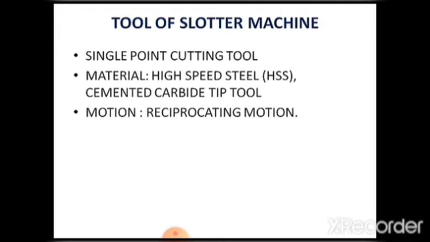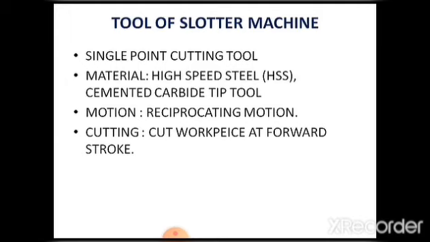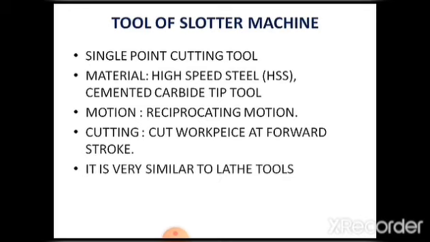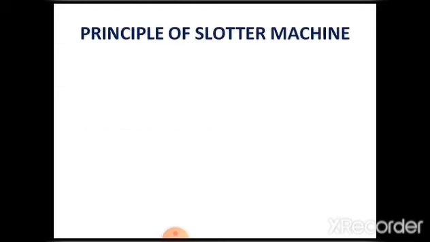यानी कि इसकी चाल जो होती है वो होती है रेसिप्रोकेटिंग मोशन। ठीक है, तो रेसिप्रोकेटिंग मोशन क्या मोशन होता है आपका? कि टूल अपने रास्ते पर आगे जाता है और उसी रास्ते पर वापस लौट कर आ जाता है, तो इसको हम बोलते हैं रेसिप्रोकेटिंग मोशन। तो इसमें जो कटिंग होती है वो फॉरवर्ड स्ट्रोक में होती है, यानी कि जब टूल आगे की डायरेक्शन में बढ़ रहा होता है तो उस टाइम पर ये कटिंग करता है। ठीक है, और इसका जो टूल है ये बिल्कुल आपका किसके सिमिलर है? जो आप लेथ मशीन में टूल यूज करते हैं बिल्कुल उसी के समान ये होता है। जैसे आपने लेथ मशीन का टूल देखा होगा तो सेम उसी के जैसा होता है ये।